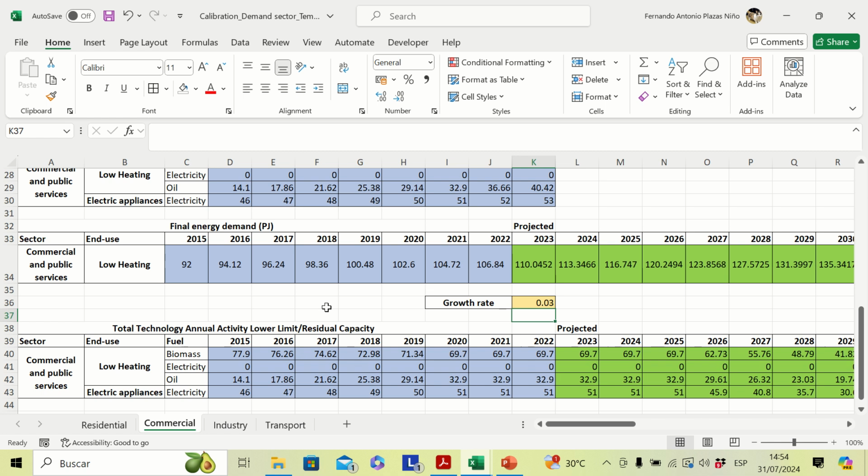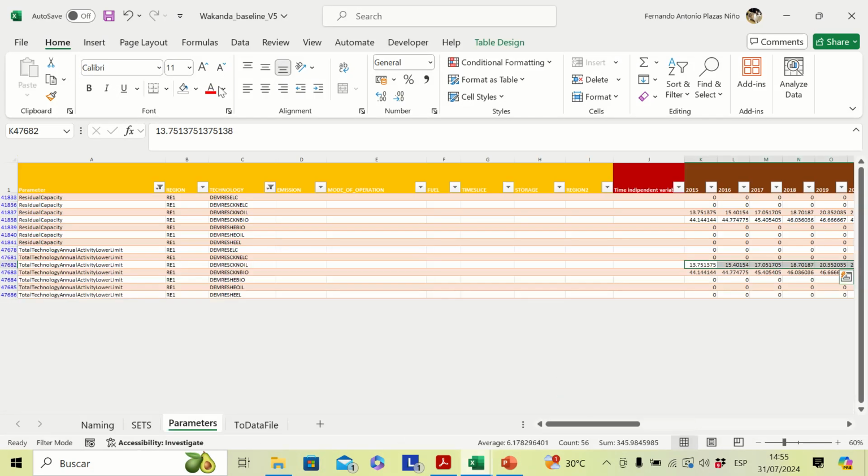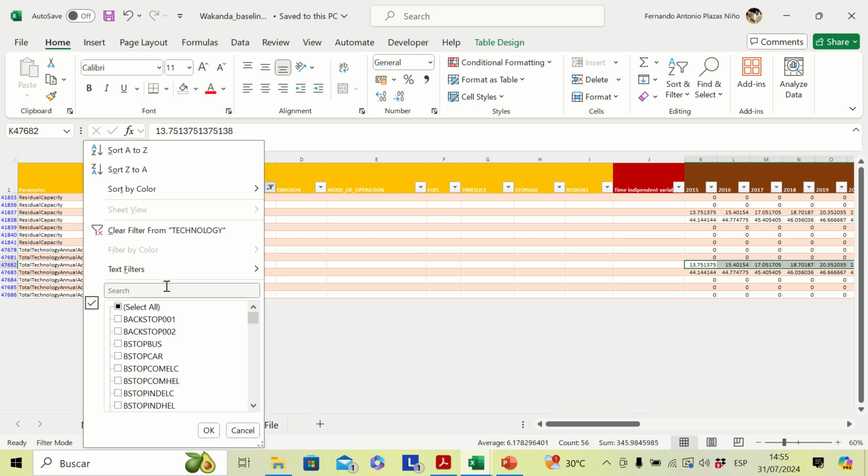And essentially we need to do the same. We need to complete the accumulated annual demand for low heating in this case, and also the activity lower limit and residual one for commercial, and let's do another round of that. So going here, let's save it. We can start by this part first and then do the accumulated just for saving some time. So let's go with the commercial end use technologies. The initial abbreviation is DEM-COM, right? So here we have different technologies,